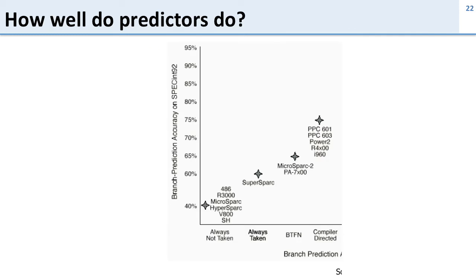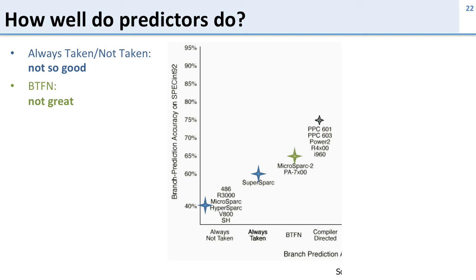So how well do these predictors do? Here's branch prediction accuracy on a bunch of particular benchmarks, so slightly different numbers than what we saw before. And here's always taken and not taken, and they're not doing so well. Somewhere between 40 and 60% accuracy, depending on the architecture. So how about this backwards taken, forward not taken? Well, it does better. So we're up to about 65% here,